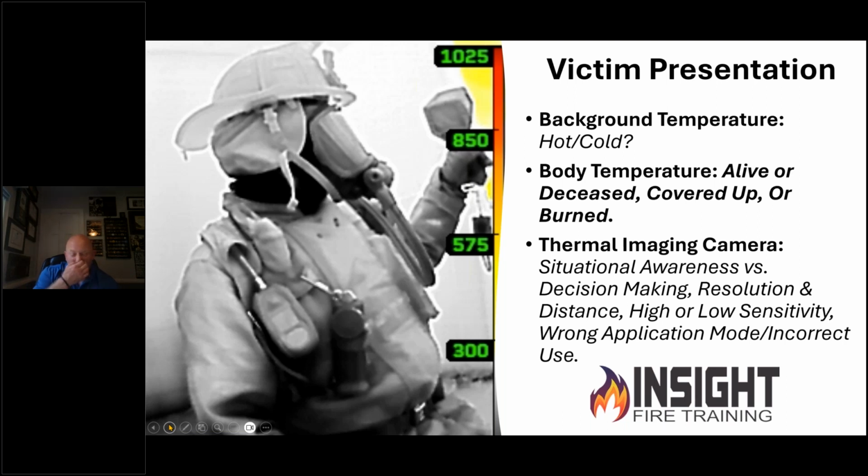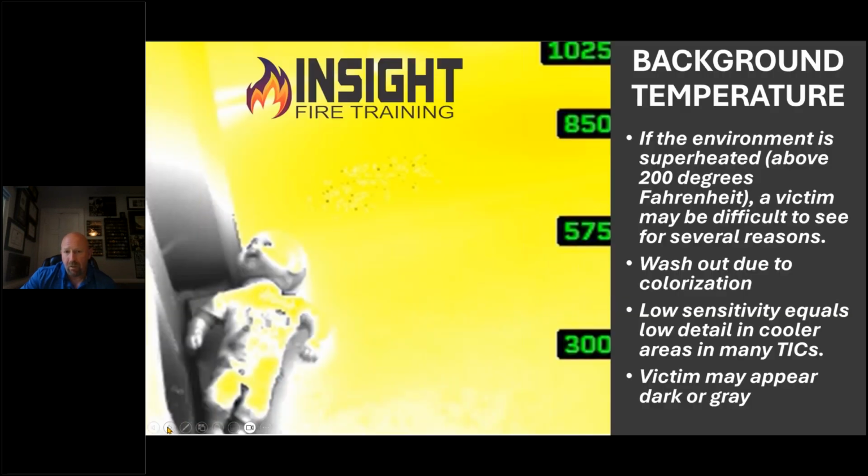And my personal worst thing about thermal imaging cameras is wrong application modes. There are many camera manufacturers that offer thermography-based color palettes that have nothing to do with fireground stuff, such as rainbow, iron bow, black hot, fire and ice. Those are not designed for high heat environments and will cause more problems than solutions. They will block out pertinent details, and firefighters will miss important things that could cause injury or worse, such as,